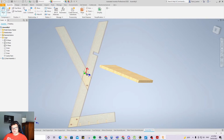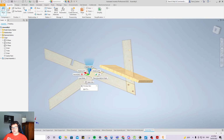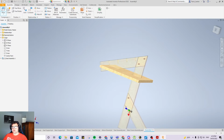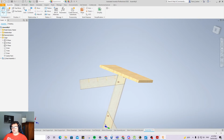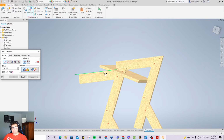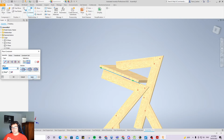Now let's rotate this around a little bit. I'm going to rotate it with the y-axis a couple times, so it's sort of in the right way. You see we've got the circular front on the chair, so I can see that that's the right way. And we'll put our two of these in. Okay, so let's constrain these. That edge to that edge, apply,